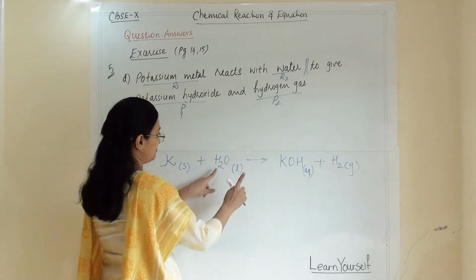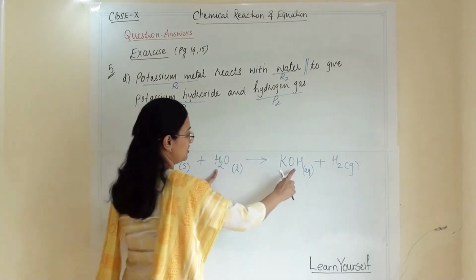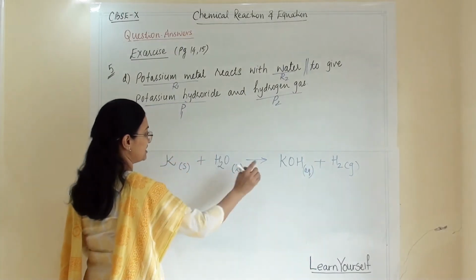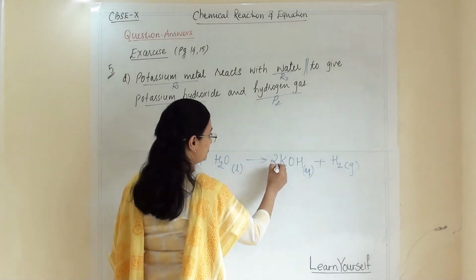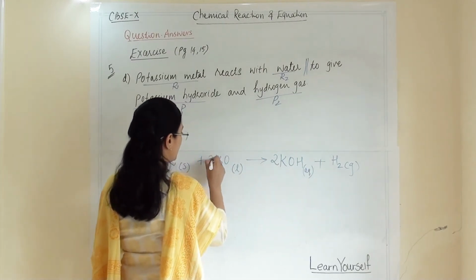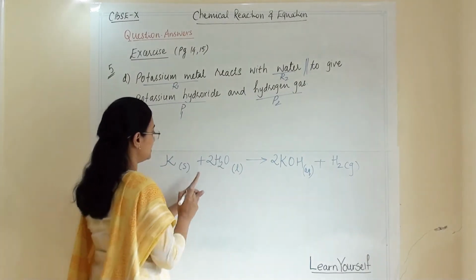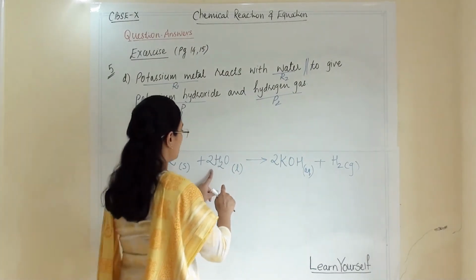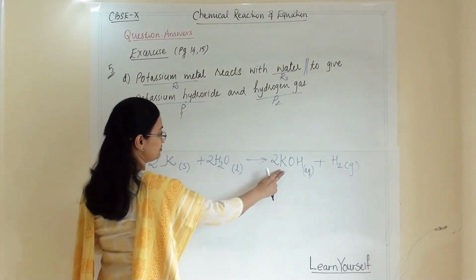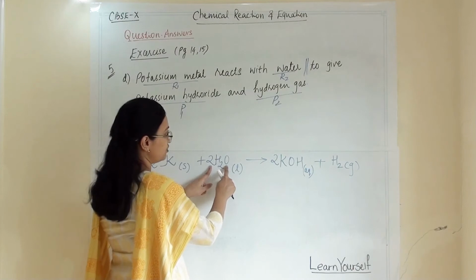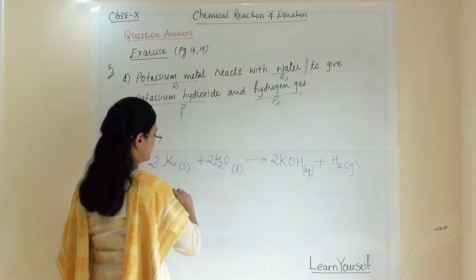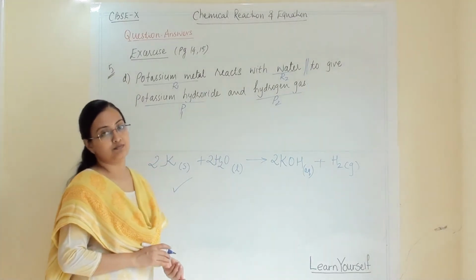Potassium, potassium. 2 hydrogen are there. So here 1 hydrogen and 2. So here total 3 hydrogen are there. So I am going to make it 2 here. So now my hydrogen are 4. So I am making it 2 here and 2 here. So now my hydrogen are balanced. 2 plus 2, 4. 2 potassium, 2 potassium. Now let us see for oxygen. 2 oxygen is there. So here also 2 oxygen. So my equation is balanced.